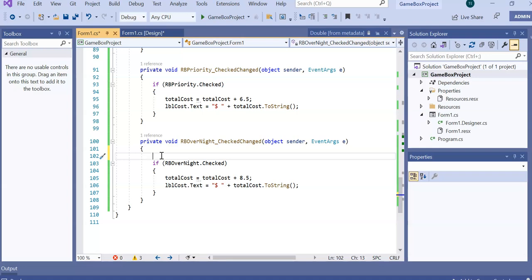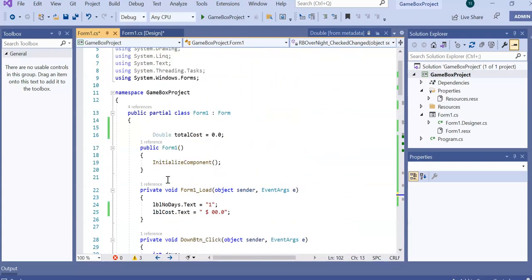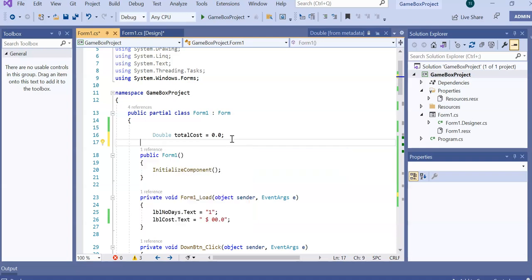So we need to fix that. All right, so I'm going to give total cost like this. I'm going to do total cost with shipping. I have another number, double. I'm going to do double. Oops. Total cost with shipping. Okay, equals 0. With shipping will be equal 0.0. Okay. Now